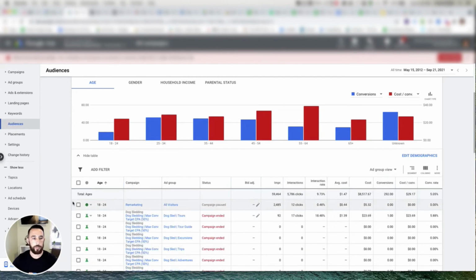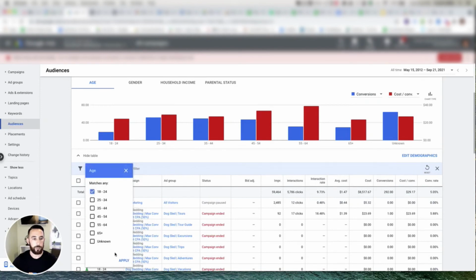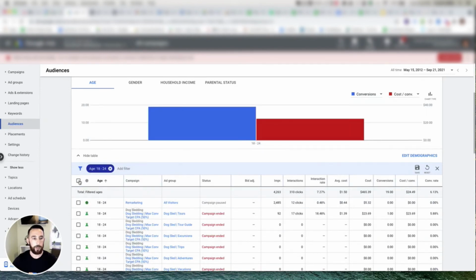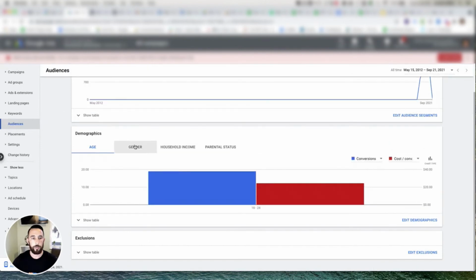What you can do is select, let's say you want to select all the 18 to 24. You can add a filter for it, age, 18 to 24, apply. Select them all right here, all 90 of them, depending on how many campaigns you have. And then you can exclude them like we talked about for smart bidding, or again, change the bid adjustments just like in locations. Same idea. The same holds true for gender